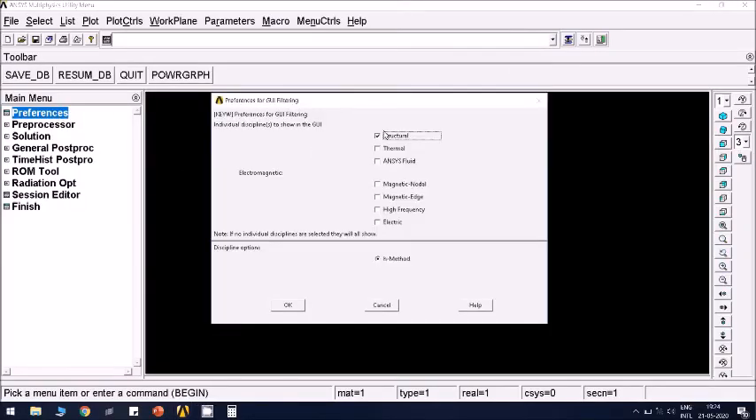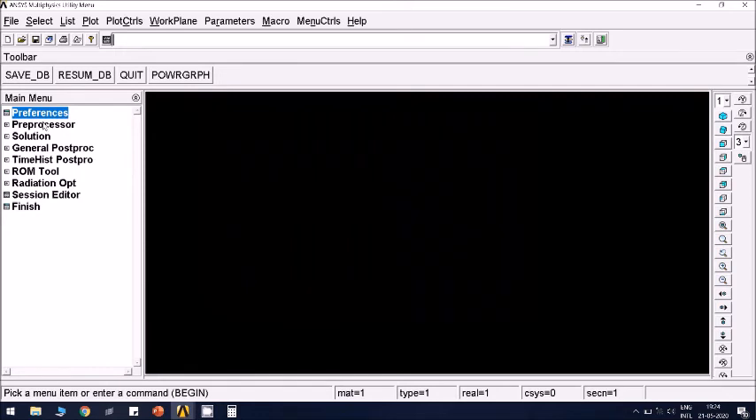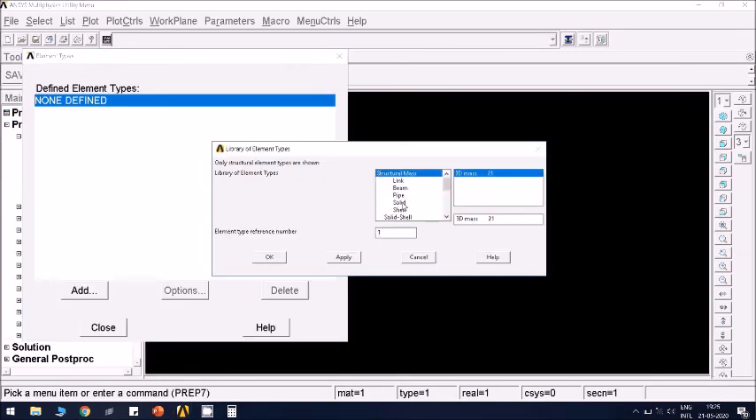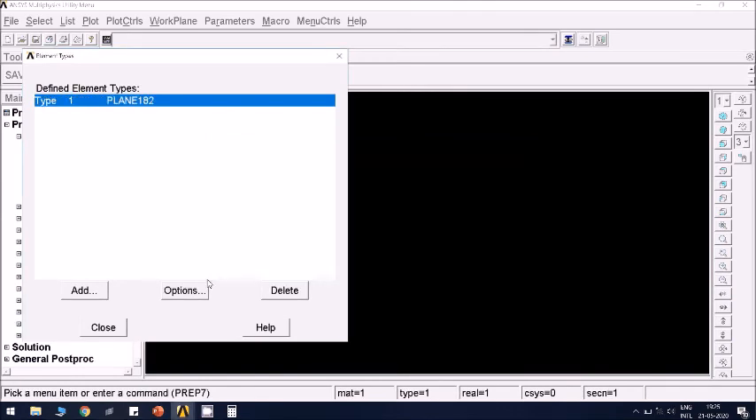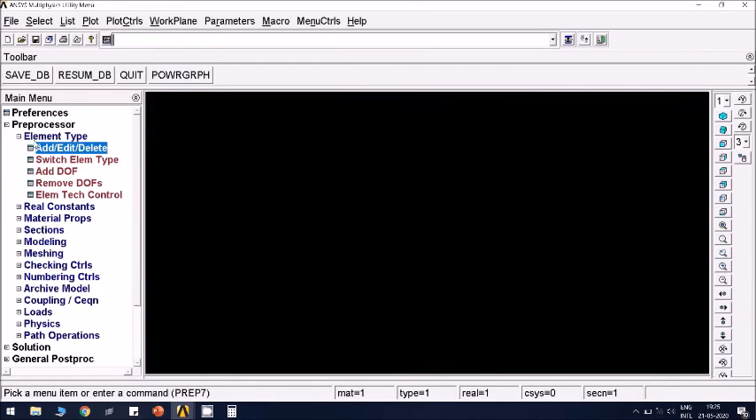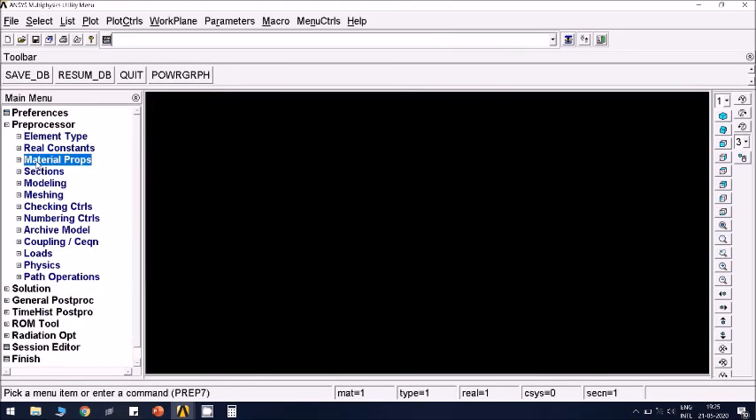First set the preferences to structural. Go to preprocessor, element type, select solid 182, go to options and set it to axisymmetric case. You don't have to give any real constants. Material model,